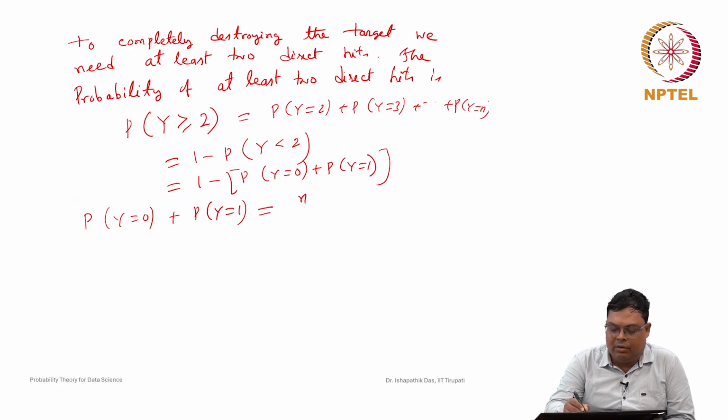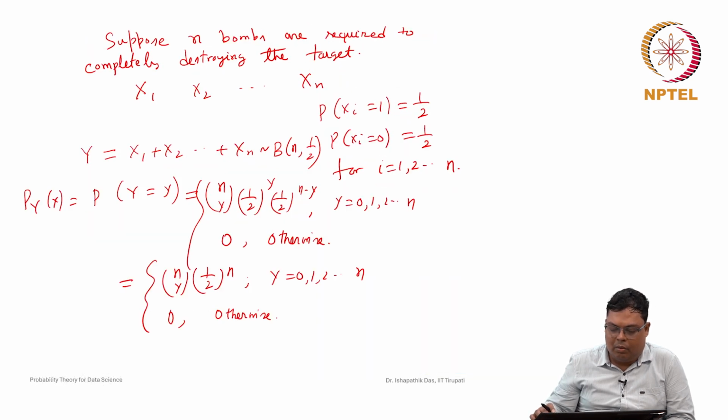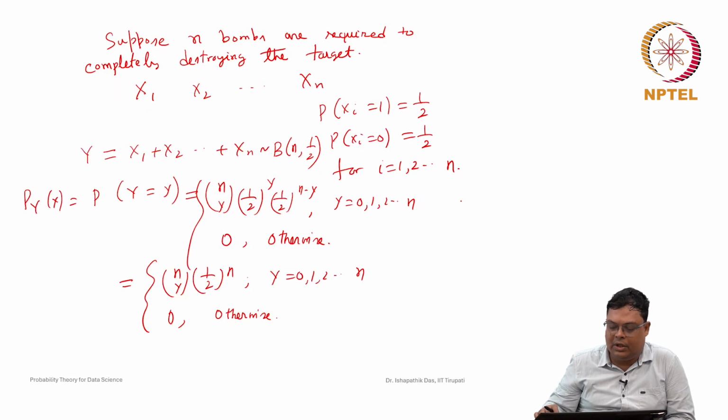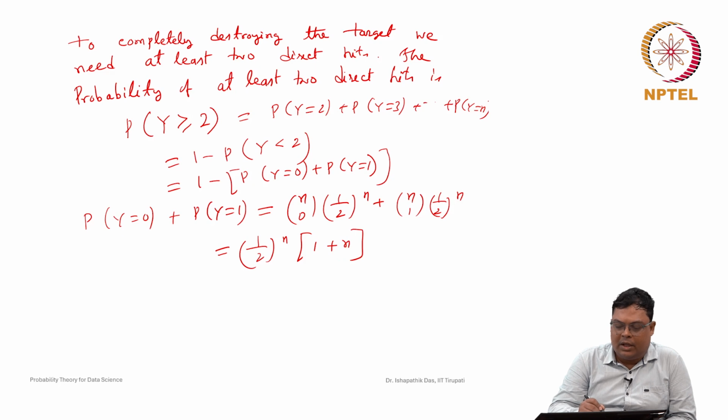So, nC0 (1/2)^n is the probability that y equals 0, plus y equals 1, nC1 (1/2)^n again, because this is the 1/2 here, same. So this is nothing but nC0 is 1, (1/2)^n, times 1 plus n. This is the probability. Now, for this probability, it is asked to find